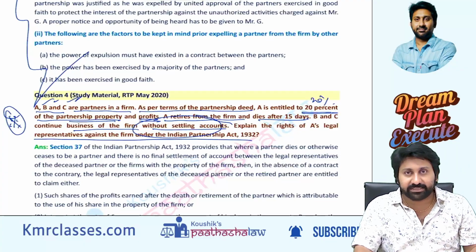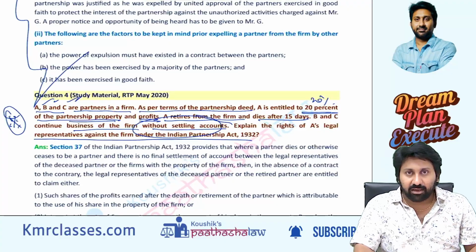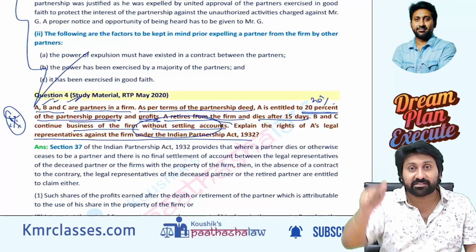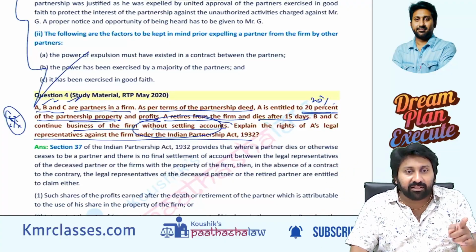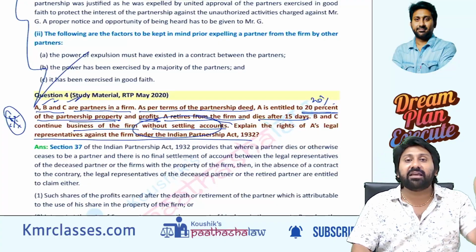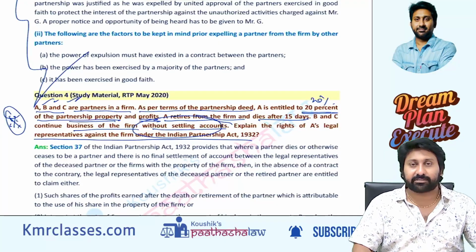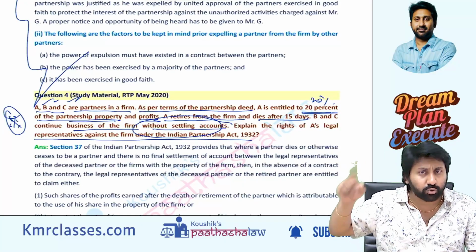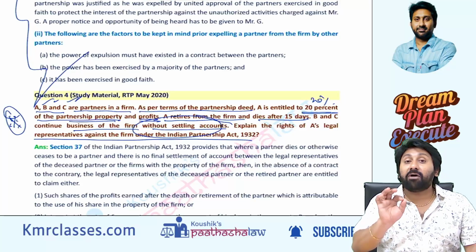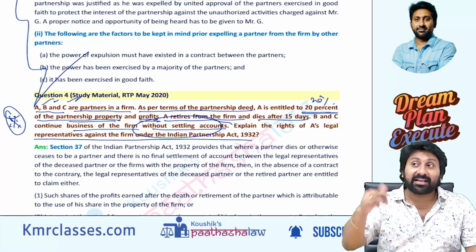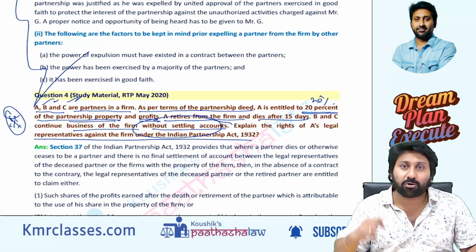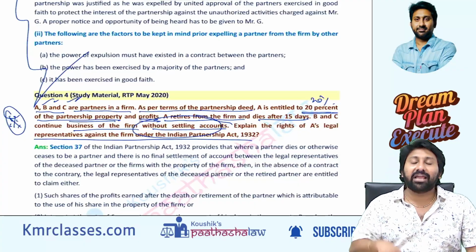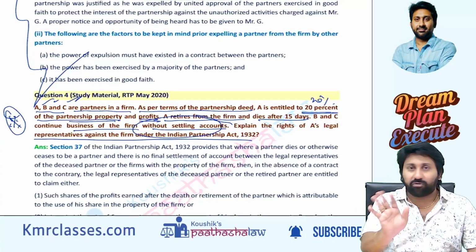B and C continued business without A, but still A's money and A's property is involved or not. Therefore, even though he is not a partner, still he will get 20% share in the profits. Number 1, either they can choose that, or profit may come, may not come. If I take a share of 20% on profit, if profit doesn't come, I have to bear the loss. Therefore, generally they don't go with that.